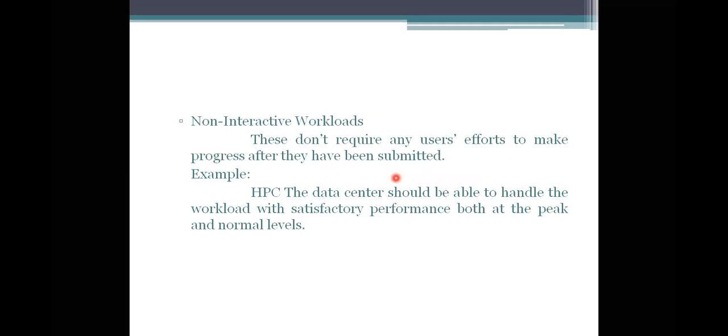But when you are using non-interactive workloads, they don't require any users here. So what you have to do is nothing, but they have been maintained by the performance here. Whenever you are taking the whole process into account, what is the performance of that one? It won't be decided by the people. But the interactive ones will be decided by the people, because the people have to use that application or the services there.